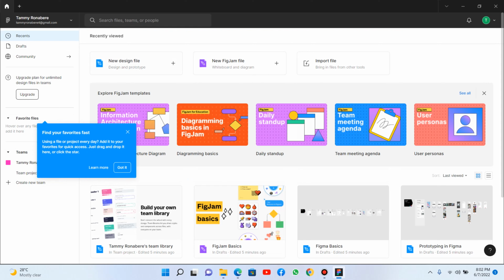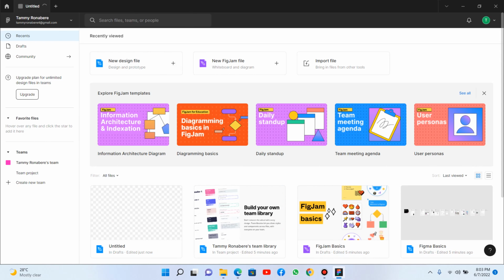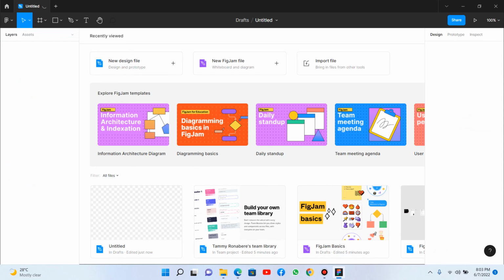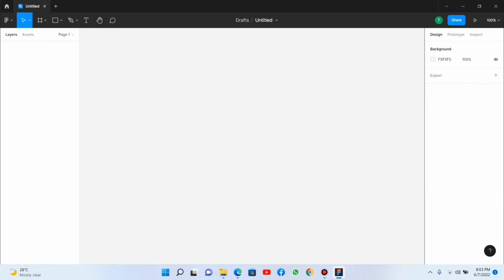Okay, so find your favorites fast. Using a file or project every day, add it to your favorites for quick access. Just drag and drop it here or click the star. This is to add it to favorites. Click got it. So click on new design file. This is just for a test run. No thanks. Okay. So guys, this is how it looks when you're about to start to design if you're